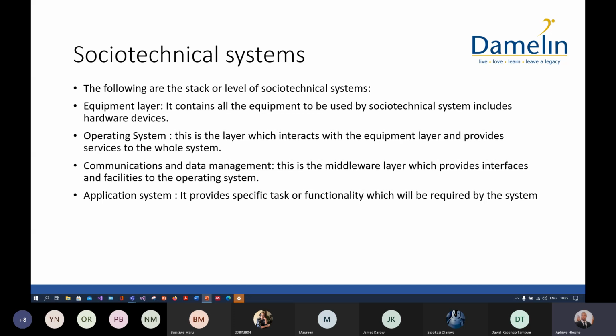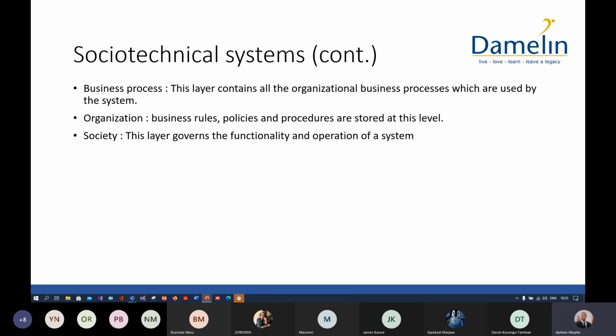So make sure that you have the latest applications that the end users can use in the environment to make changes to the data structures or to the databases. Then we also have the business processes. This layer contains all the organizational business processes which are used by the system. And we said in the previous study unit that most organizations build their software on top of their business processes. So the business processes are integrated as part of the systems, and without the system there, the organization cannot perform its work. So we need to make sure that those